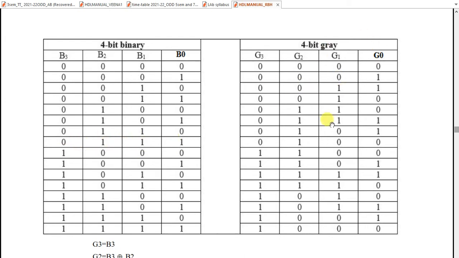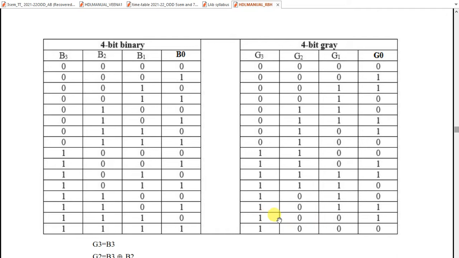But if you see the gray code conversion, for any successive two, only one bit change will occur. See here 0000. Next is 0001. So only one change. Next is from 2 to next one. 0 remains 0, 0 remains 0, 1 remains 1 only. This is changing from 0 to 1. Similarly, from this to this state, 0 remains 0, 0 remains 0, 1 remains 1 only. 1 is changed to 0. So for current state to next state, only one bit is actually changing. Similarly, you check all. For every state to next state, only one bit is changing.